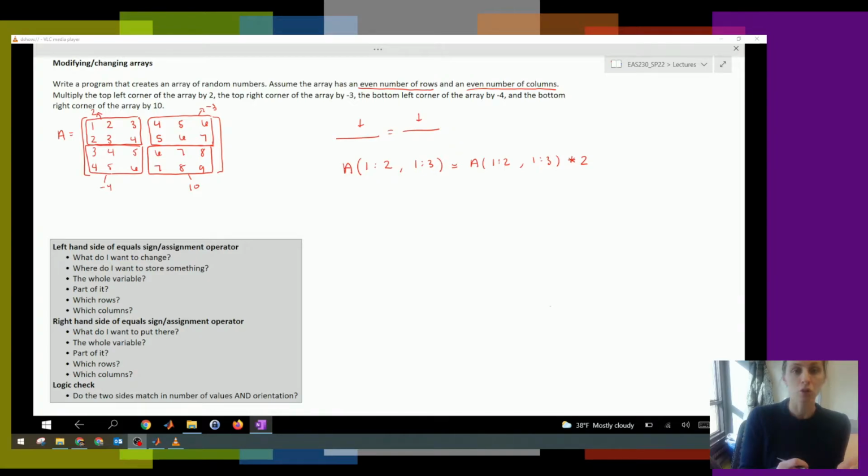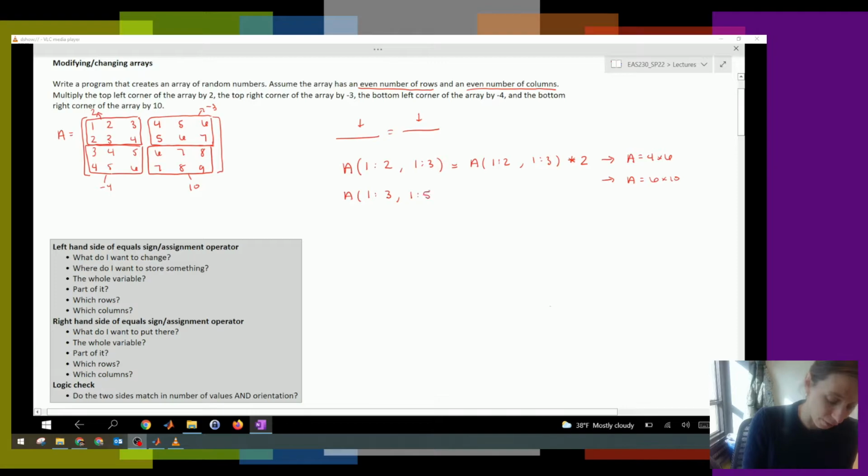And there we go. That's how I can change that top left corner of A. So before I move on to the other corners, let's stop to think how this might change if A was a different size. So here is what it is if A is equal to a 4 by 6. Let's say A changed to a 6 by 10. Then I need to think about what would change. So for the top left corner here, for the rows, if A was a 6 by 10, if I had 6 rows, I would change rows 1 to 3. For columns, I would change 1 to 5. So that same thing would go over here,